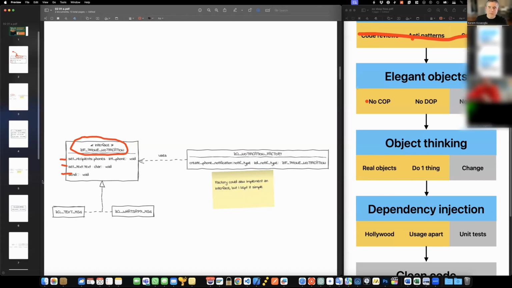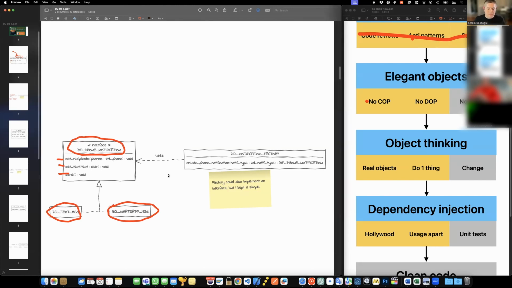Now to send text messages, I still open my text message class, but this implements my interface. This doesn't have any further public methods. It simply has to comply with this interface. And then I have a WhatsApp message class. In this class, I implement the same methods, but this class sends a WhatsApp message instead of a text message.